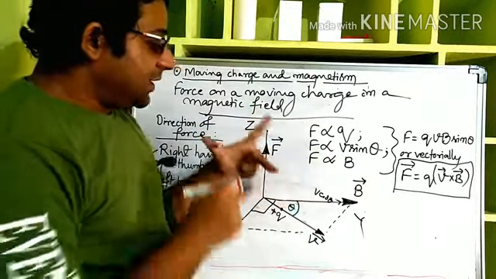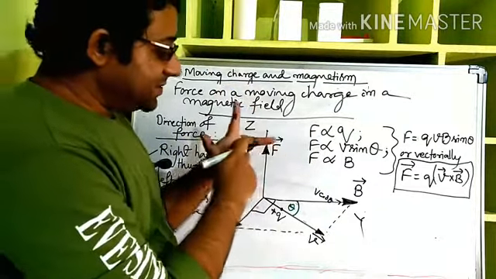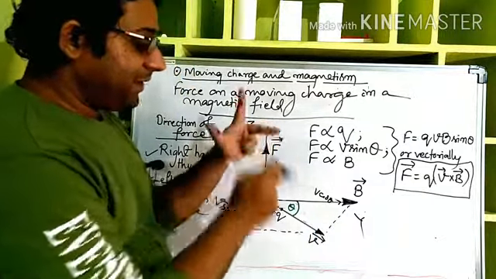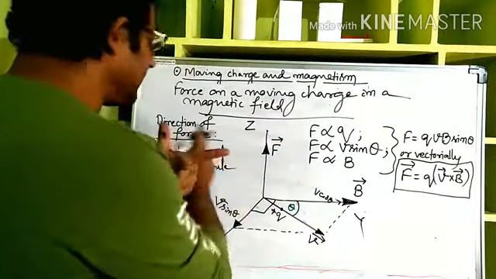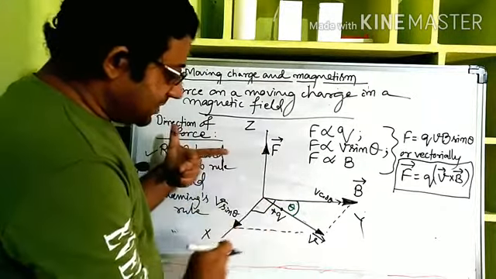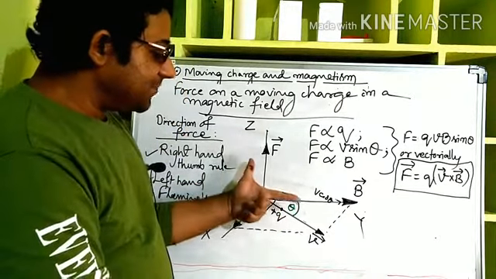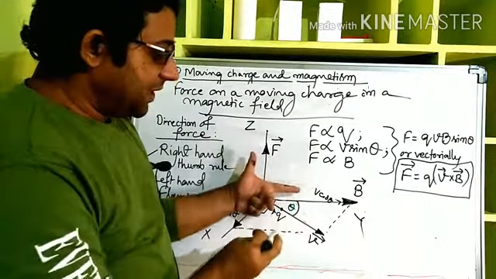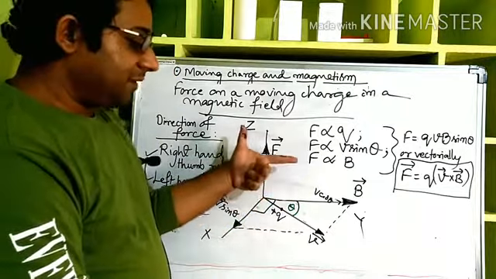Fine. So this can be utilized only when the magnetic field is perpendicular to the electric current. That means in which direction the positive charge is moving, that is at 90 degrees with the magnetic field. In that case, the left hand Fleming rule can also be applied to get the direction of a force. See here, let us say the velocity of the positive charge with the magnetic field is 90 degrees. So applying this, if the charge is moving perpendicular to B, then also the same force direction we can get using the left hand Fleming rule.